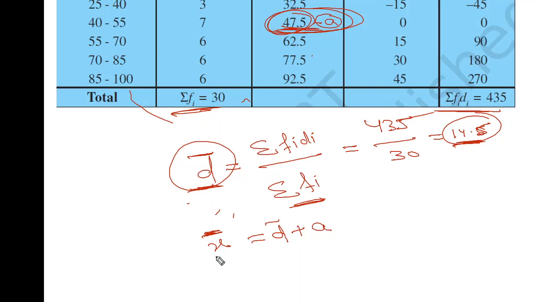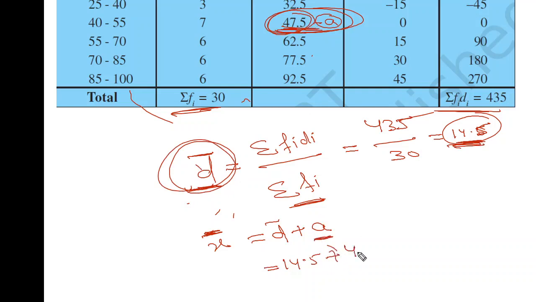So mean will be equal to the deviated mean plus a, where a is the assumed mean. So deviated mean plus assumed mean, the deviated mean here is 14.5, which we found, plus a is here